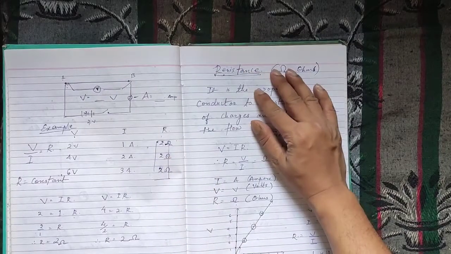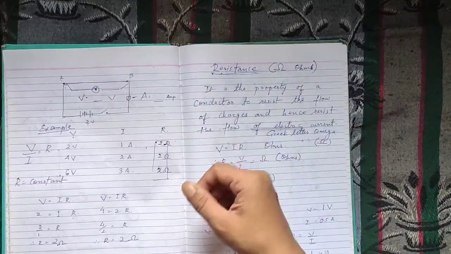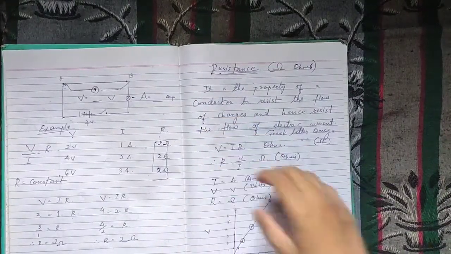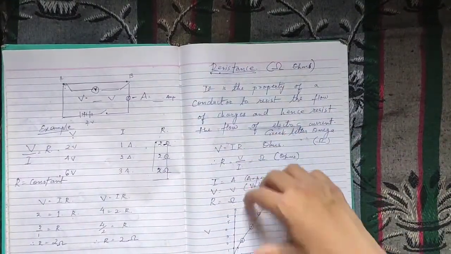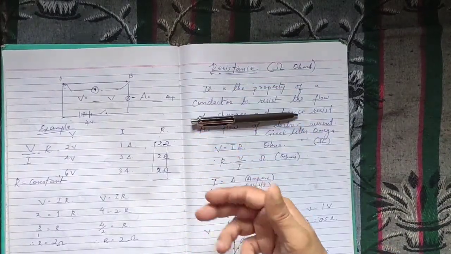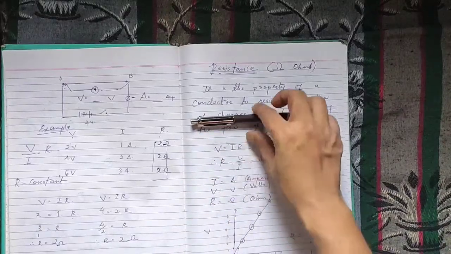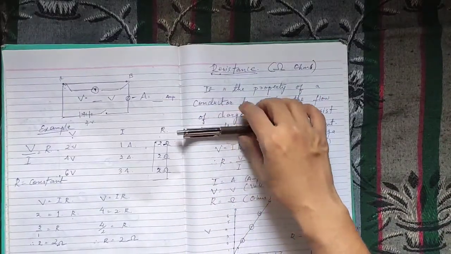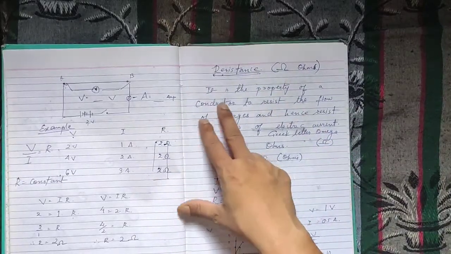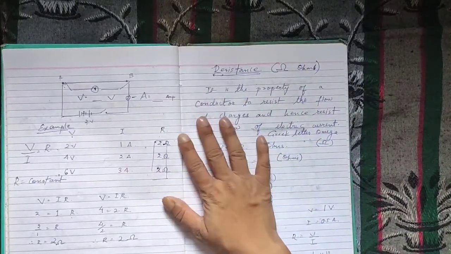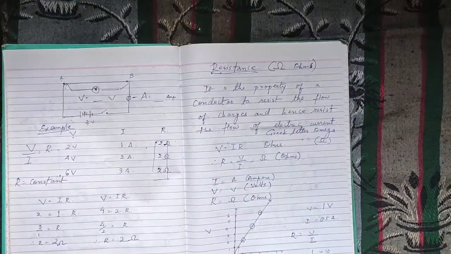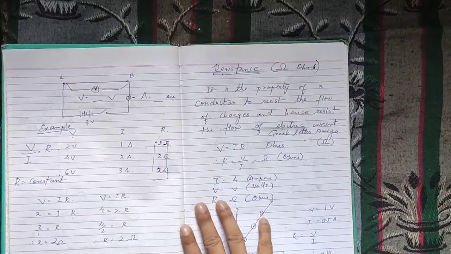If we keep a conductor as it is, the electrons are not going to flow by themselves, because the conductor is resisting them. If I have a metal conductor over here like this, and I want the current to flow through it without connecting a battery, then the current will not flow because it is resisting it. Electrons will only flow if I provide the potential difference. So there is resistance in each and every material. In bad conductors or insulators it is more, and in good conductors it is less, but the resistance is still there.